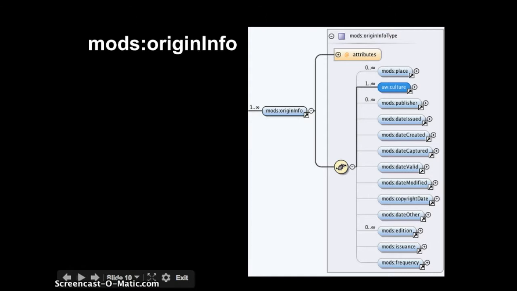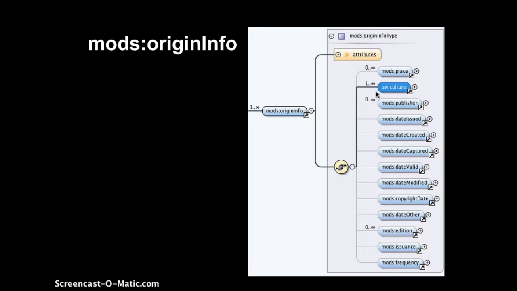They might be an estimate from a curator, or they might include BC or CE. They may have a date range like 300 BC to 200 BC. So again, string was the best type for these items. In regards to cardinality, we decided to keep the UW culture local term, something that we created in relation to